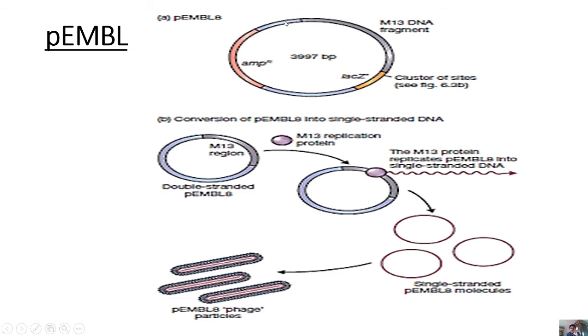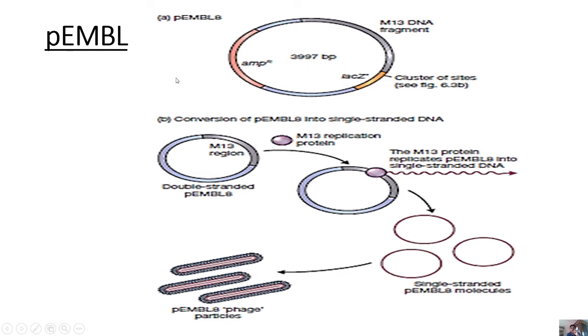Starting from here to here up to the last region, this is a part from the pUC vector. See, from here to here, this is the DNA element from the pUC plasmid. And see this purple colored DNA element. This is actually from the M13 or F1 phage genome. So you have constructed a vector that is pMBL vector.